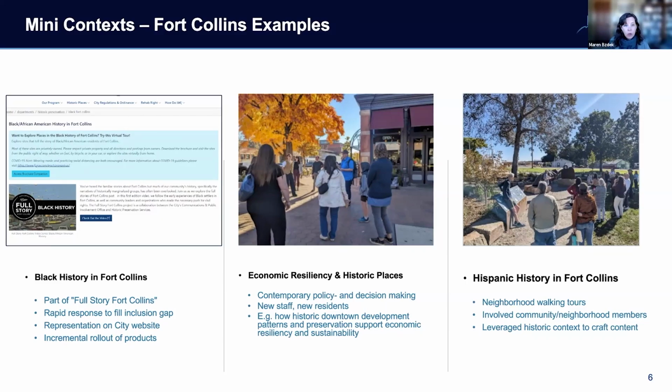And so just thinking about who's using these contexts, who's using the information that you're gathering, not just to identify properties that may be eligible for landmark nomination or National Register listing, but also to think about how to raise the overall level of awareness of local history for people who are in positions to really use that information. So that's something that we do essentially upon request.